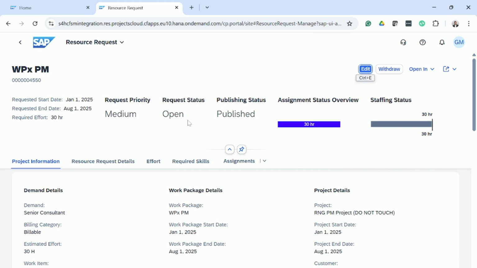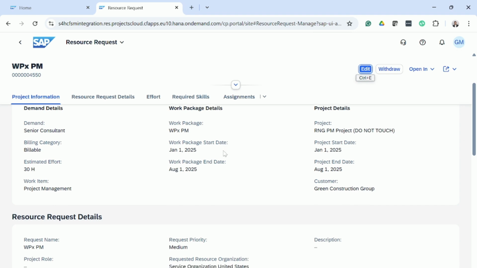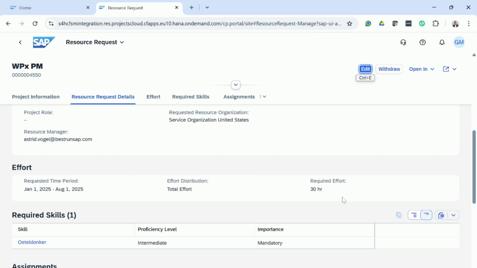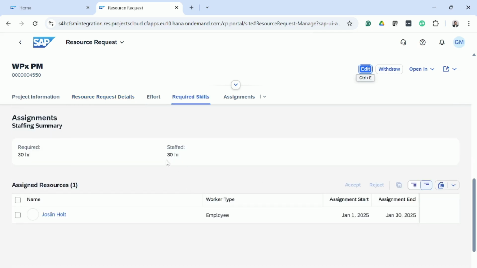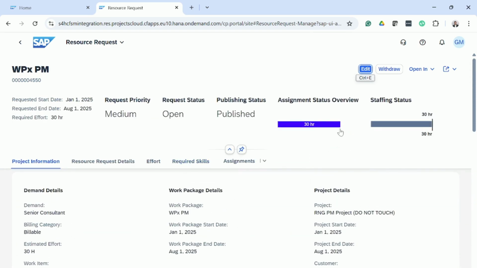So I can see the priority, the status, the overall demand details and work package details, some more resource request details, the overall effort that he is asking. He needs 30 hours, and then the required skill. You can see an intermediate level and its importance is mandatory. Maybe the client is requesting this, and then any additional staffing assignments. And he thinks that Jocelyn Holt is a great fit for this. So once I'm ready and agree on this information, what I'll do is I'll publish it, and that generates a